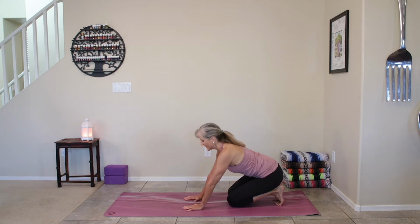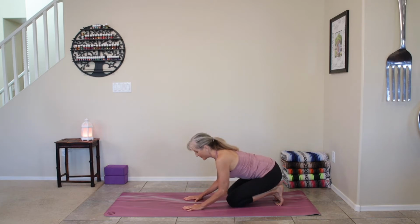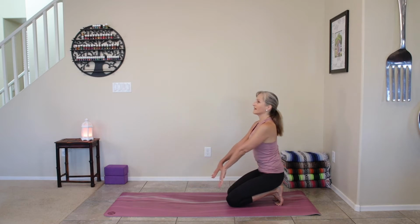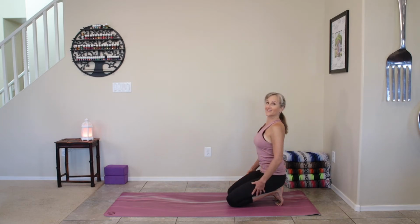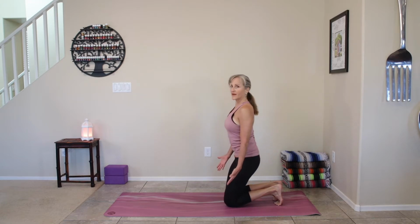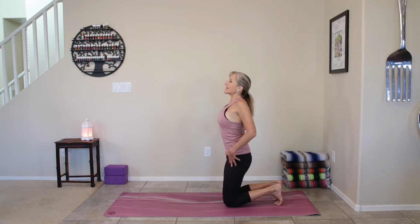the ankles. Good. And then I want you to bend your elbows, pull them down, and then gently straighten them as you press up. Good, nice and tall. And then if you would like, you can come all the way up to hero, lengthening through the front of